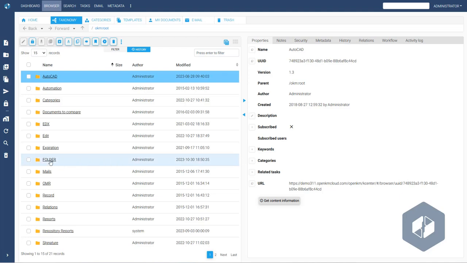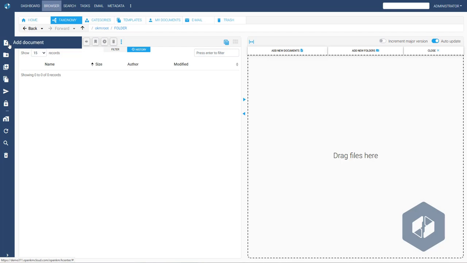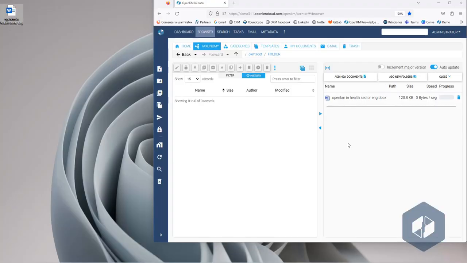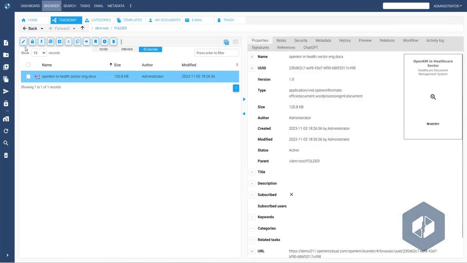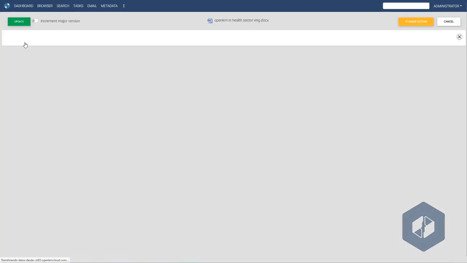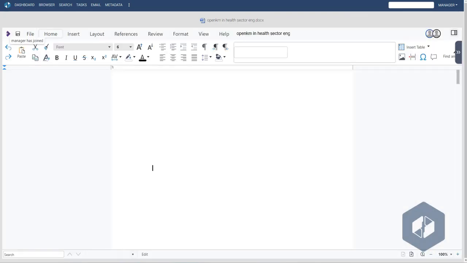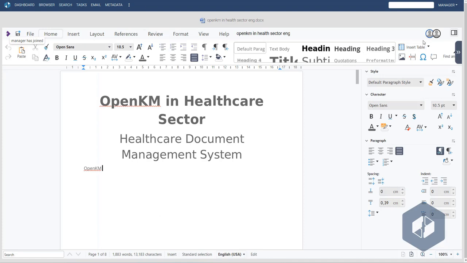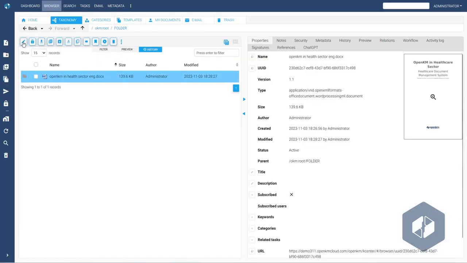In this video, we will see how to edit in OpenKM. We upload a document in this folder and click on the Edit button. Automatically, the file opens with the OpenKM Online Editor. We can edit and share simultaneous editing jobs with other users. From our session, we will see the inserted changes and we will be in charge of saving the new version